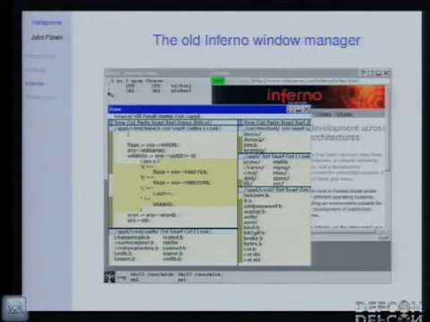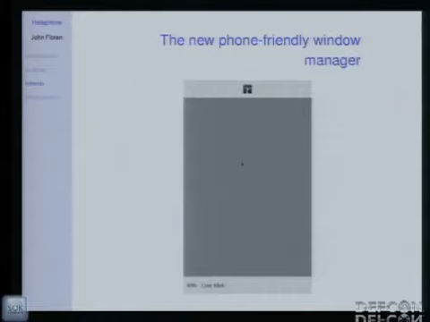We've got little tiny scroll bars, which we've started to do away with, but haven't completely done away with. In the new applications we've written, we have much better scrolling. So this is something that's very useful if you have a real mouse. But if you're just using the touchscreen, the inputs look like somebody's poking around at the screen with a sausage. It's just not very good. There's no resolution there. So we hacked on it a bit and came up with something that's a lot more phone friendly.